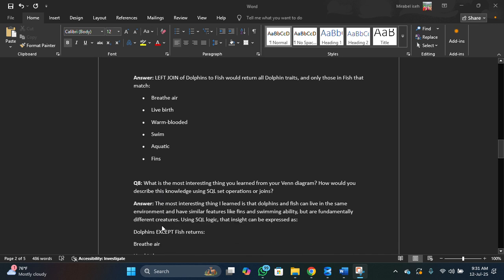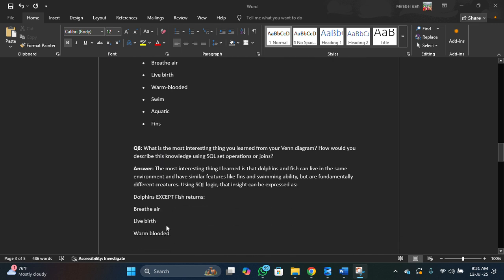Now, the most interesting insight I got from this Venn diagram is that even though dolphins and fish look similar, they are biologically different. Dolphins are mammals, they are warm-blooded, and they give live births. Now, while fish, they are cold-blooded and they lay eggs. So even though they seem similar in the fact that they are both aquatic animals, they both live, they both swim,